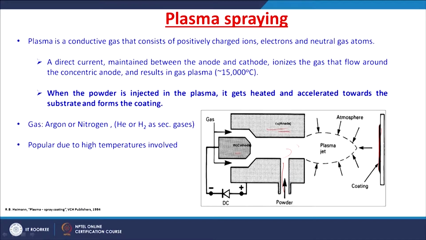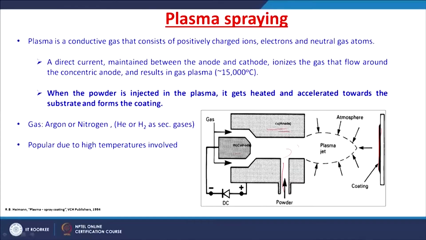Argon is generally considered a low energy plasma, whereas nitrogen is for high energy plasma, where high temperatures are generated. But if you have large volumes of plasma, the temperature cannot be much larger, right. The temperature remains the same even if the volume of this plasma gas is more. Generally speaking, you can maintain these temperatures of this plasma around 8,000 to 15,000 Celsius by using these different gases or different arrangements of this cathode